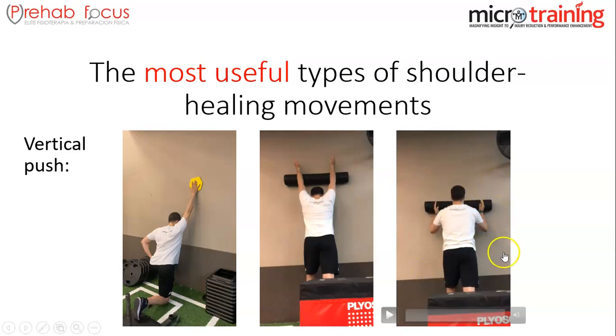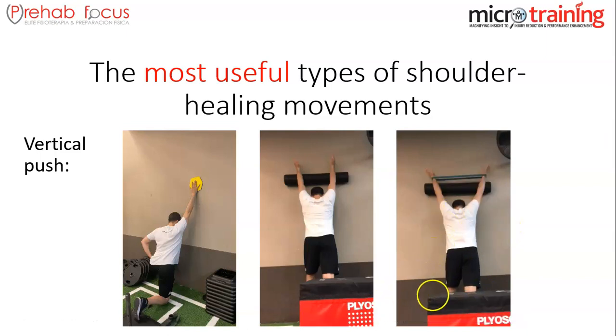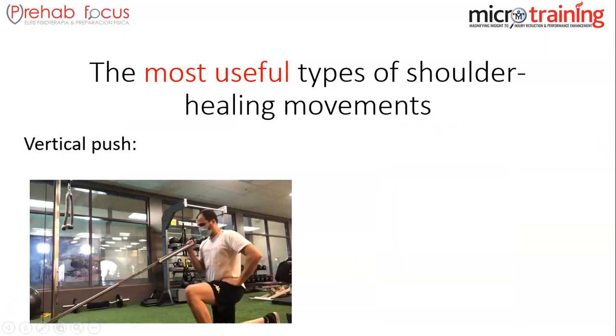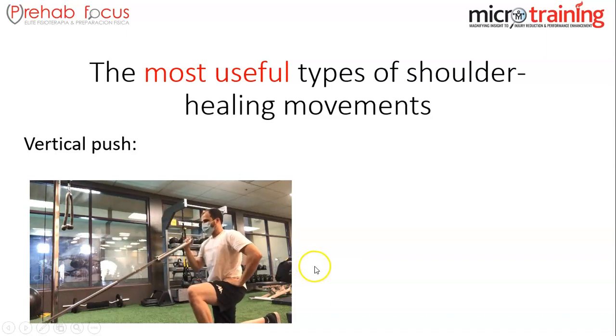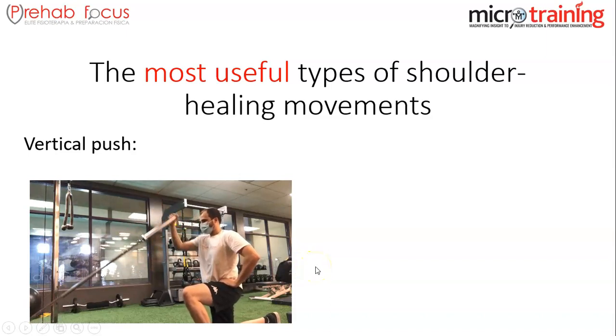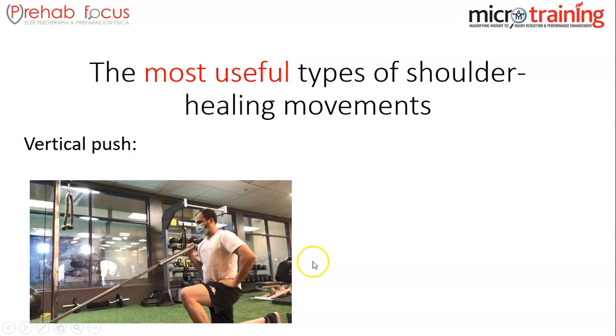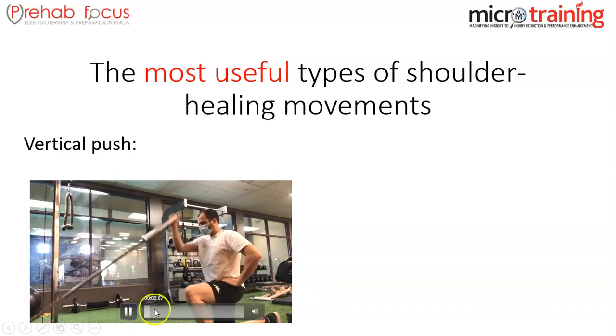So these three things are very important when it comes to proper shoulder movement overhead, or a long story short, proper scapular mechanics. We have more examples here when it comes to vertical push. This one is one of the most useful exercises, particularly for athletes that are injured and they cannot fully move arms fully overhead because of shoulder discomfort or